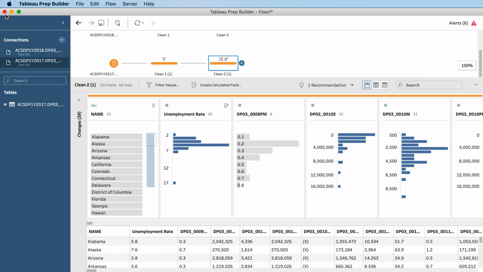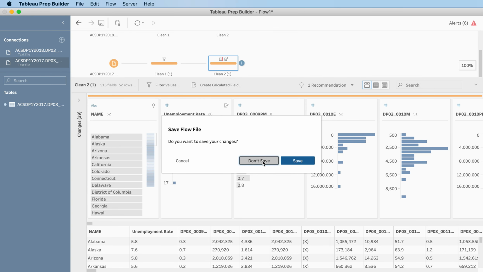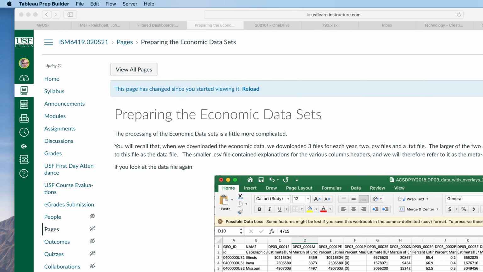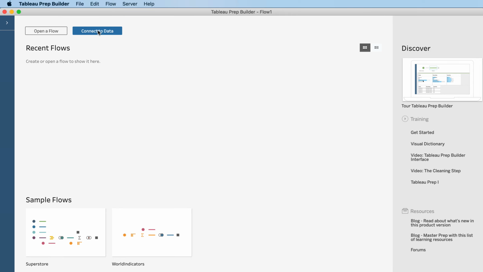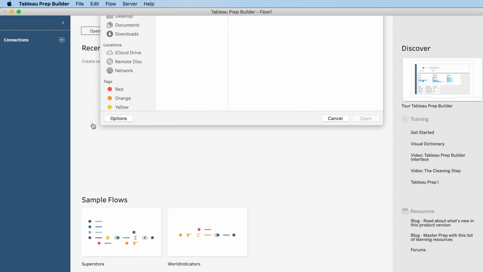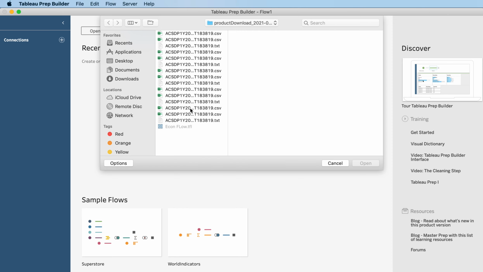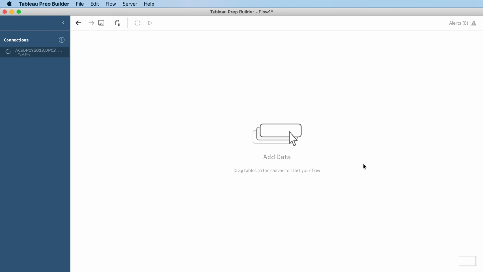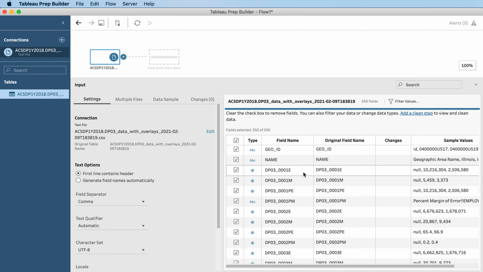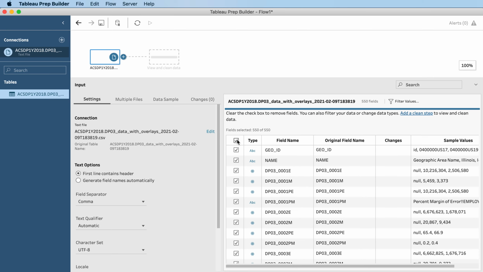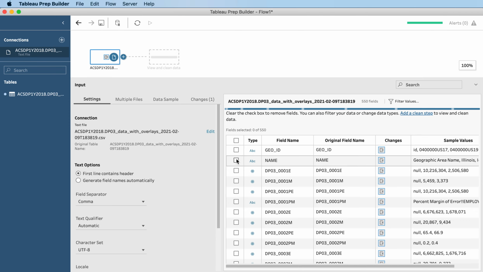So what I'm going to do is come out of Tableau Prep Builder, then start it up again, connect again to the 2018 data, and now, rather than first filtering on the geographic area, I'm first going to delete all of the columns I don't want. In fact, I'm going to delete all of them and then go back to the ones I want. And the ones I want are